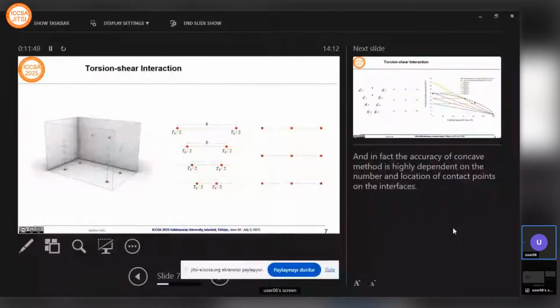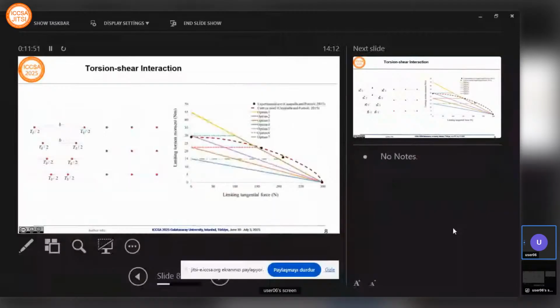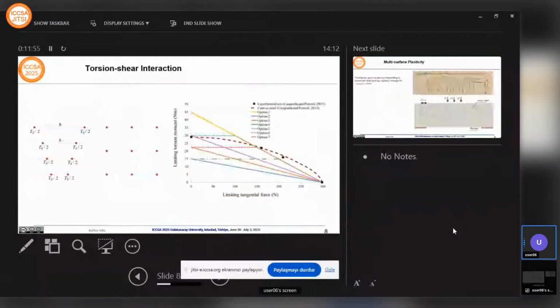For example, for the case of rectangular geometry, we found that if we use, for example, three contact points, then using that we can find relatively better